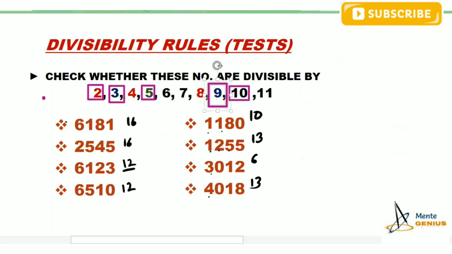Okay, coming on to the next, we have already found the digit sum. We will check only that to see whether a number is divisible by 9 or not. 6 plus 1 plus 6, no, 12, no, because we are checking by 9, not by 3 now. I think no number is divisible by 9 here.